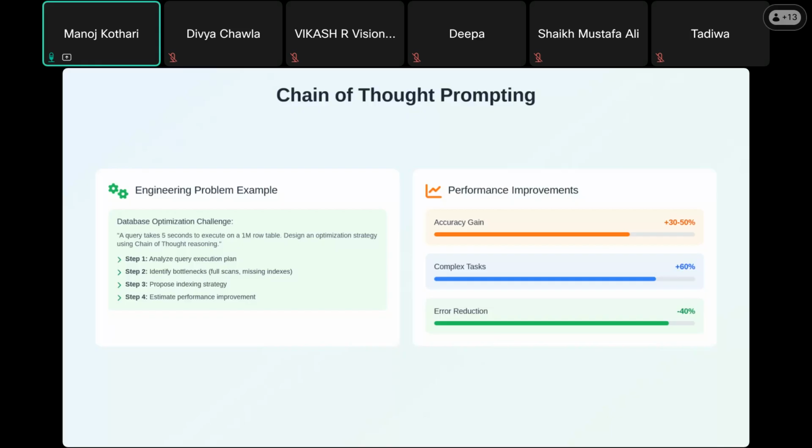Otherwise, what AI may do is calculate your 2 into 3 plus 4 into 6. It may give you a response which may not be accurate because you have brackets and you had a lot of, I mean,